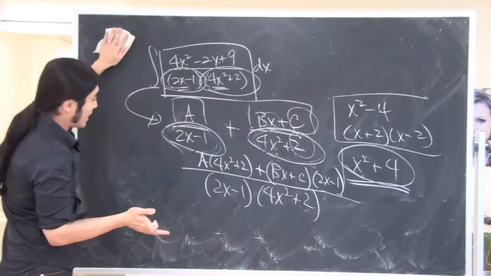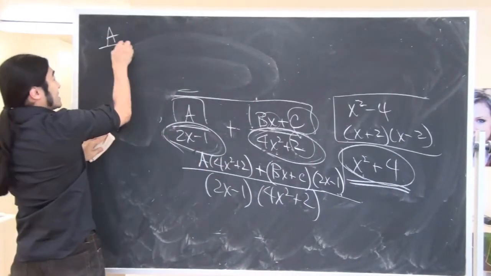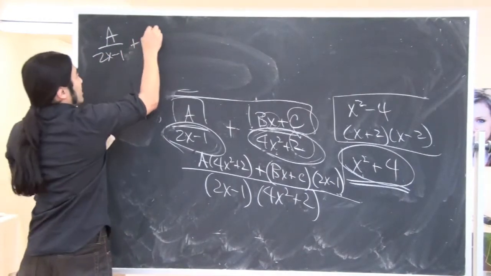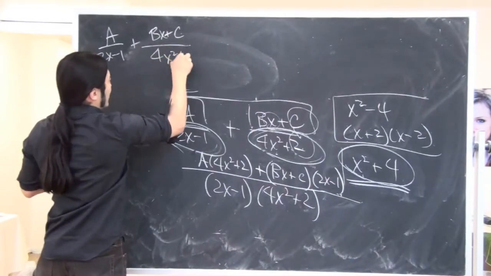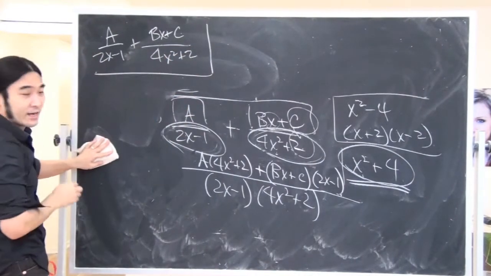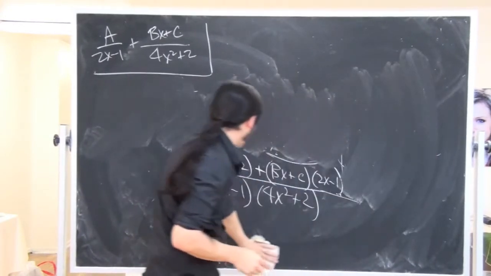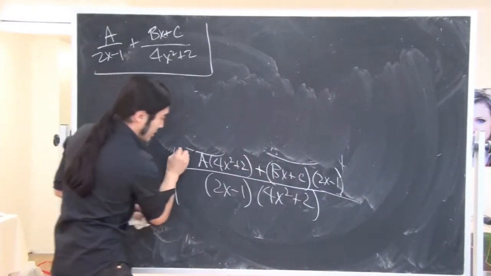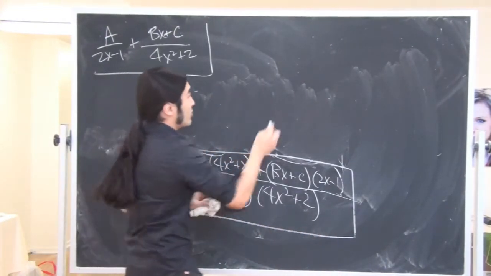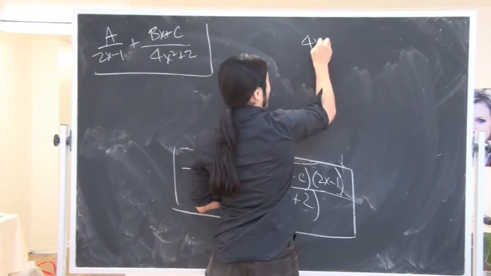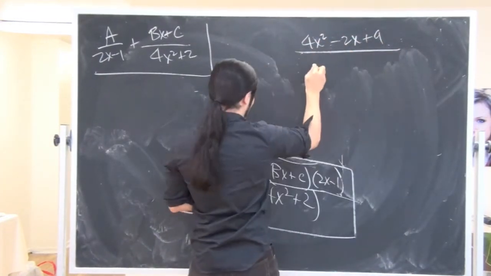Okay. So let me clean this away. So here was our goal. We wanted to get somebody that looked like this. Okay, I have this set up. And right now we have this chunk. Okay. I shouldn't have erased it, but our original setup, remember, our original problem looked like this: 4x squared minus 2x plus 9 over